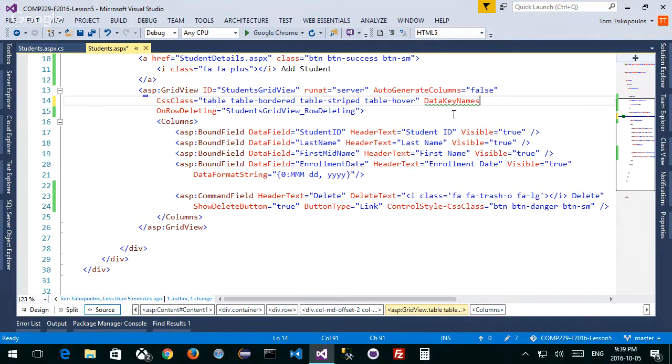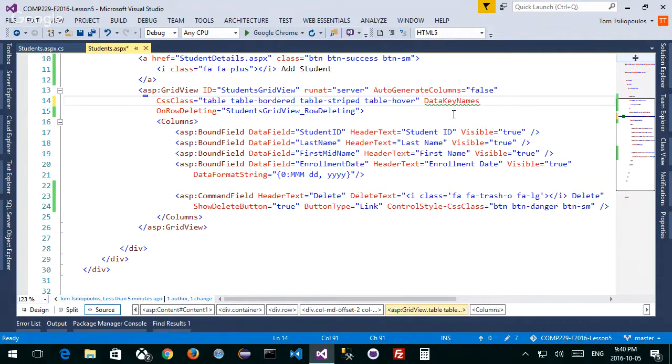Anyone have a recommendation for this? I'm going to look at a particular field, and I want you guys to think about this for a second. What field would I look at to get information about the rows in my table? Who said ID? Student ID is the field, because that's what's going to be in it.